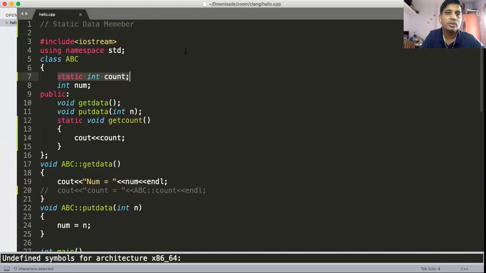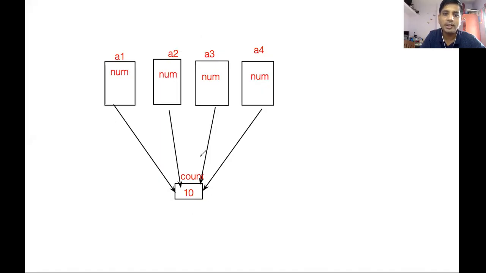Okay, got it, static. So just remember the point I have mentioned: what do we mean by a static member and what do we mean by a non-static member. A static member is called a class member. So it means that it is created only once. The static member is created only once, but the non-static members are object members.